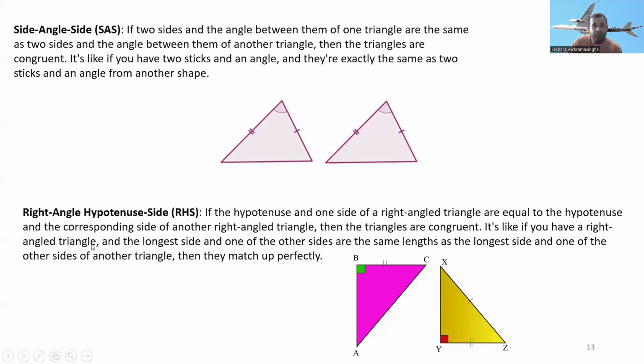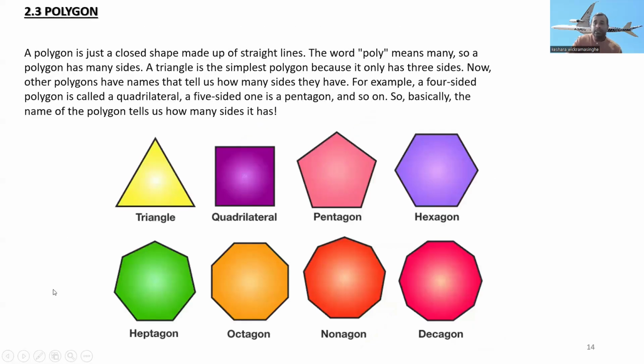So it's like if you have a right angle triangle and the longer side and one of the other sides are the same length as the longer side and one of the other sides of another triangle, then they match up perfectly. You can see they have two right angle triangles and the hypotenuses are the same, and here also the same, and the right angle also the same, then these two triangles are also congruent, right? All right, so now let's go to the